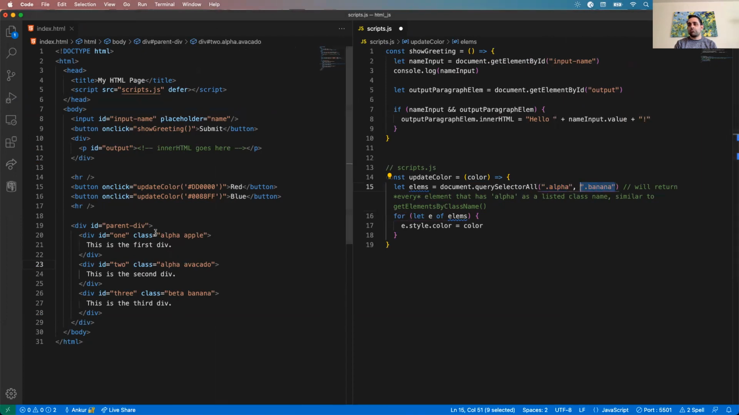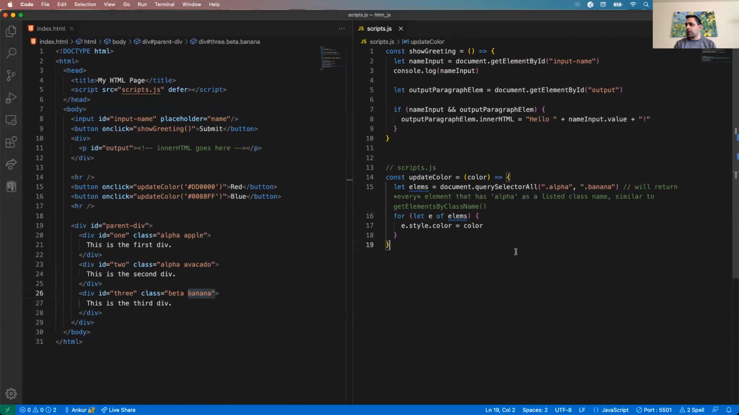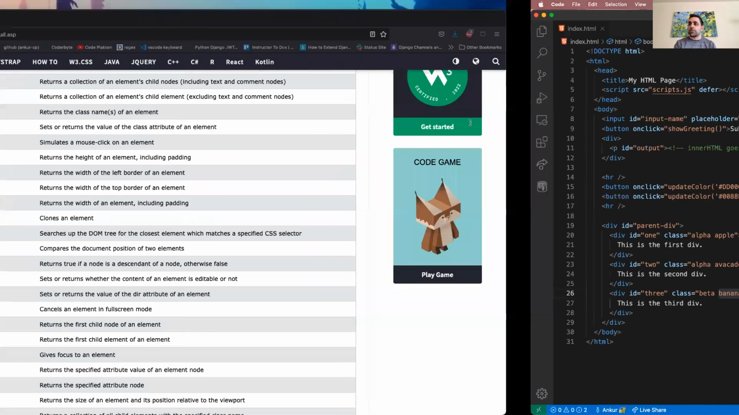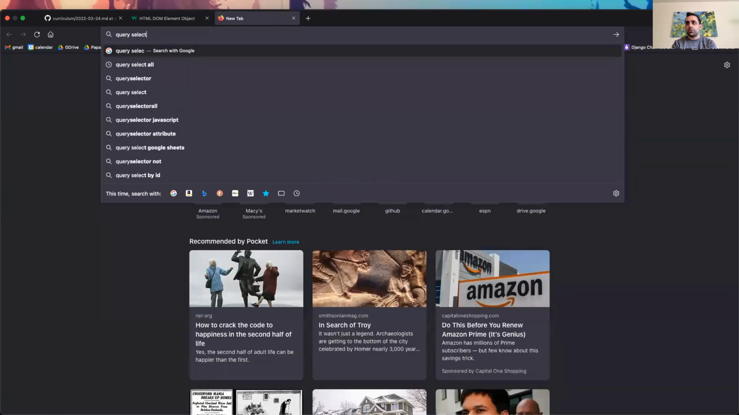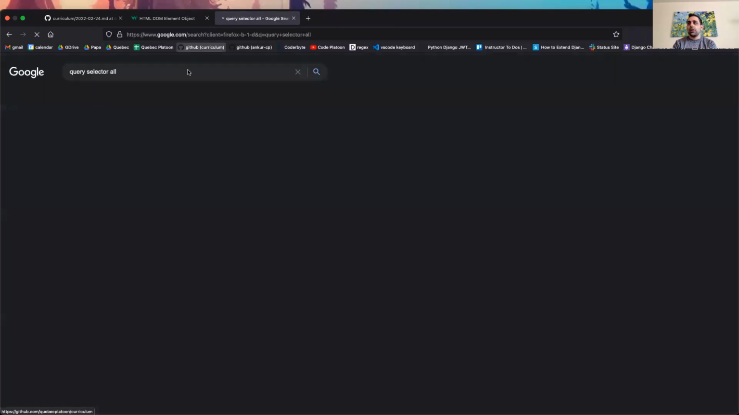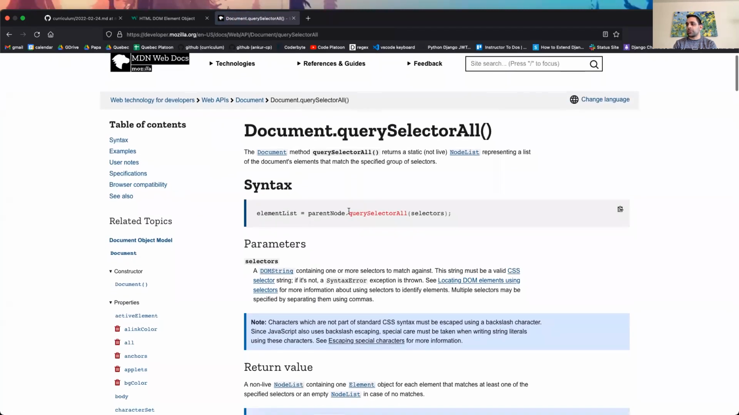So in this case, these two have alpha. The third one has banana, so that should be fine. I could target multiple classes, and that did not work, so I am ashamed. But query selector all, let's actually read documentation since I am struggling here. Query selector all. Let's take a look. So going to MDN, query selector all,